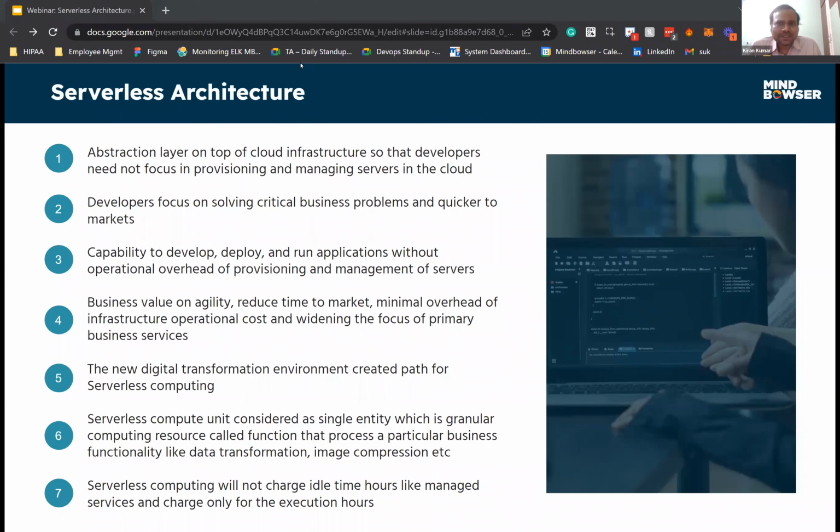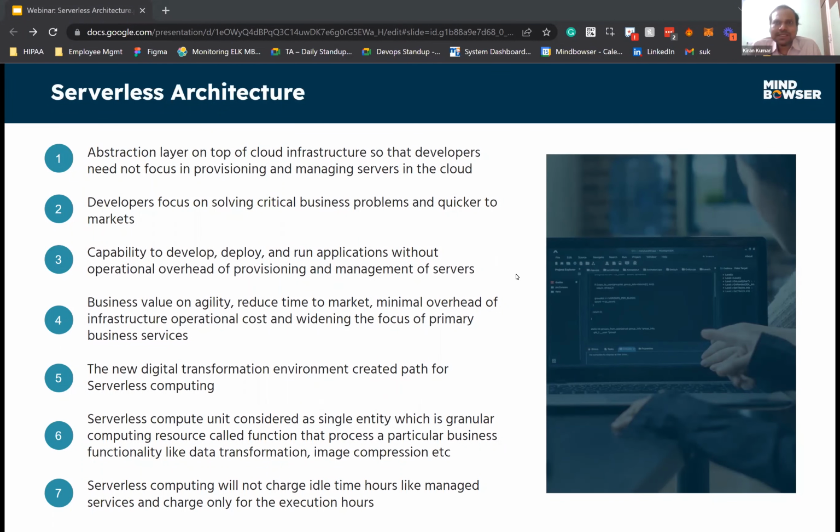Even nowadays we are seeing digitization and digital transformation. Many projects are going from legacy to modernization. For modernization and digital transformation, serverless computing is very useful because of these features. Serverless compute can be considered as one single entity, a granular computing resource that can process a particular business functionality.